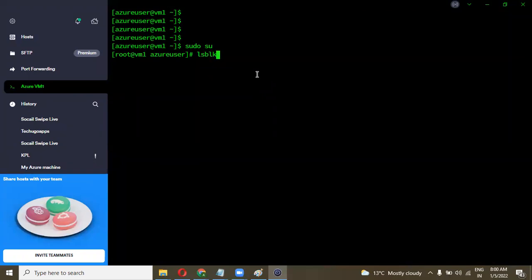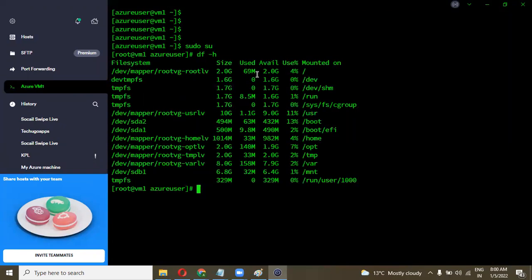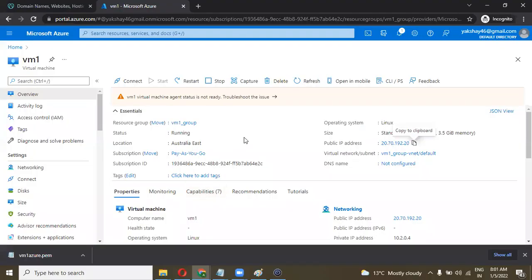Let's check the disk once again, df -h. So I have only 10 GB of space over here, and this is the temp storage. Okay, so create another disk and attach it.